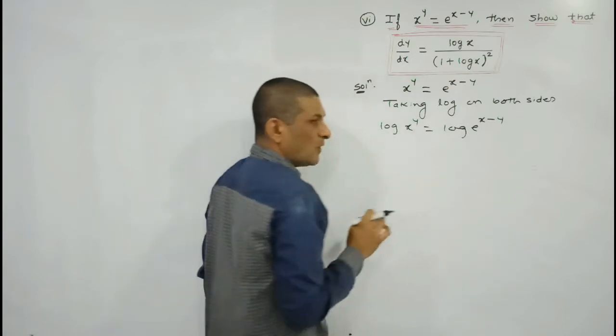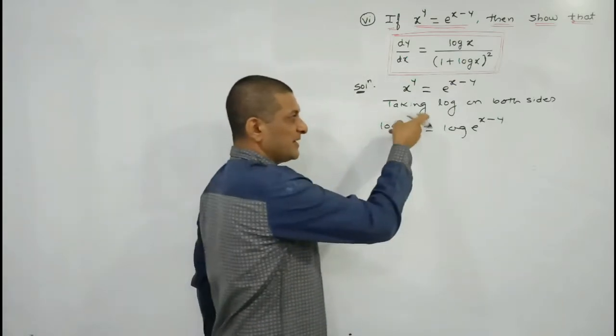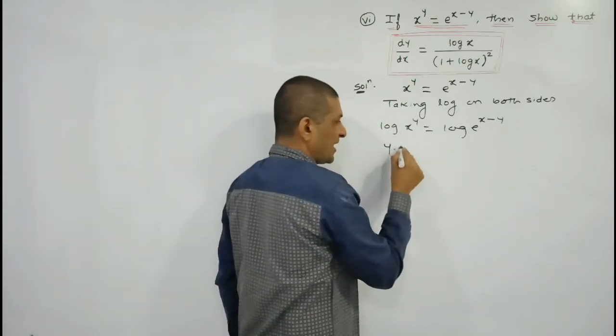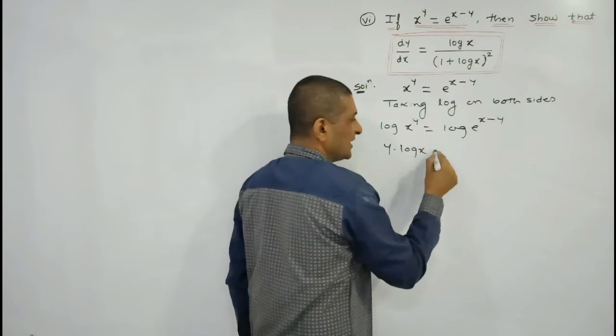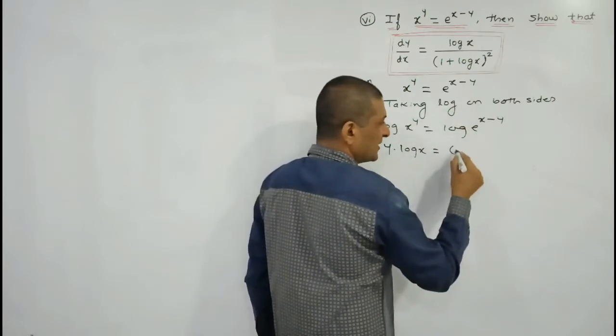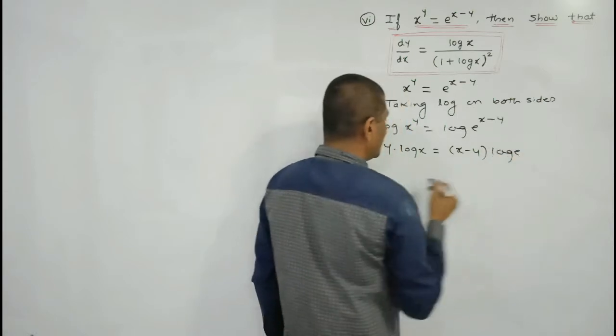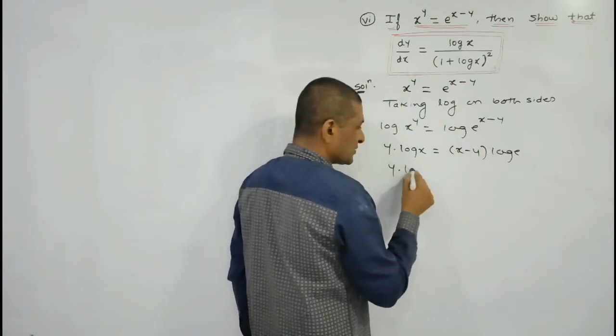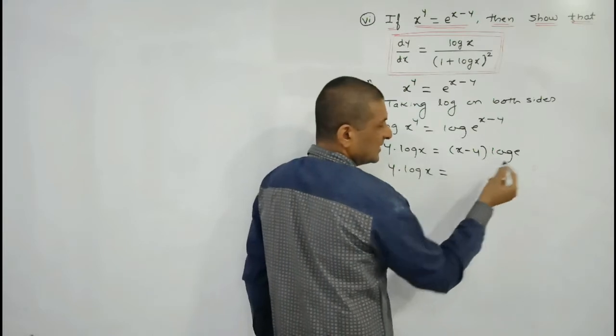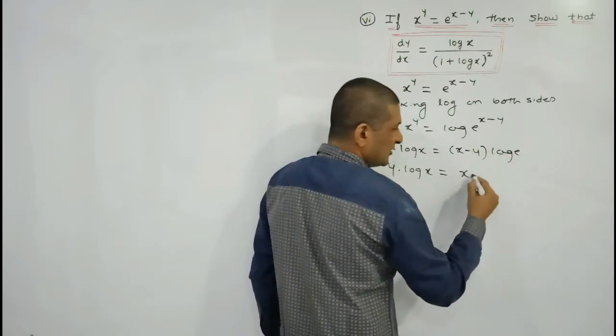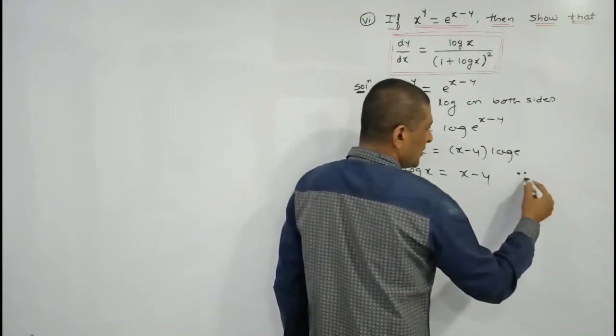log of x raised to power y, and on the right hand side log of e raised to power x minus y. According to laws of logarithm, this power can be taken as coefficient, that is y into log x, and on the right hand side take this power x minus y as a coefficient into log e. So y into log x, keep it as it is. On this side replace log e by its value 1,